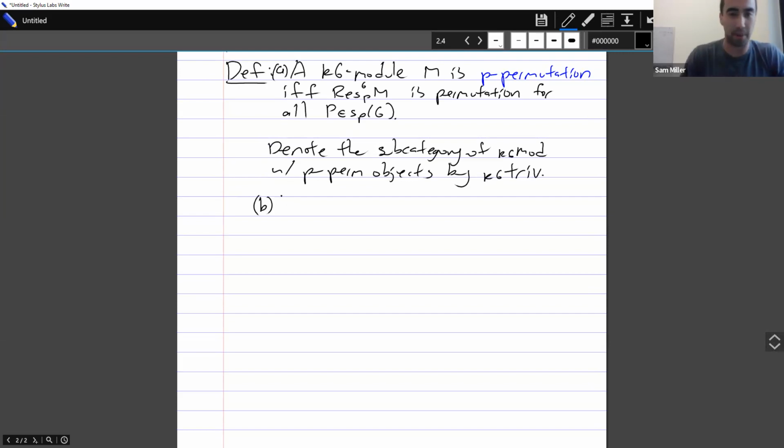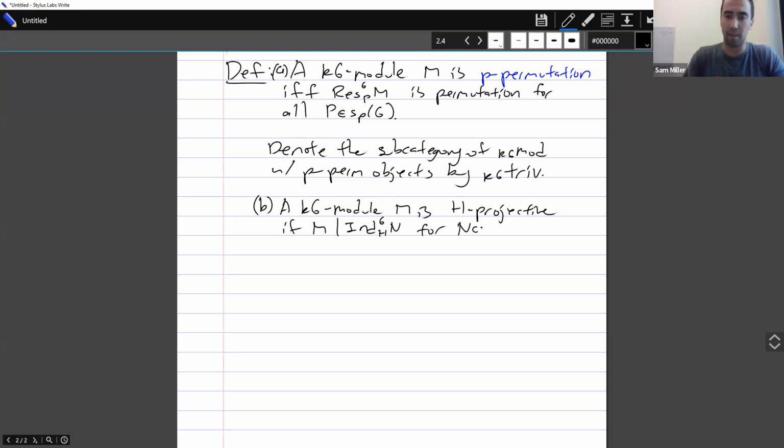And B, I'll just review relative projectivity, if anyone's unfamiliar with this. A KG module M is H-projective if M is a summand, I'm using this to denote direct summand, of some KH module N induced from H to G, and H is a subgroup of G. And we say, if M is indecomposable,